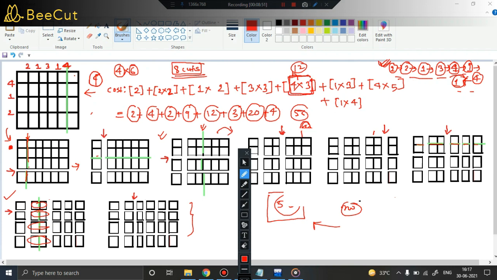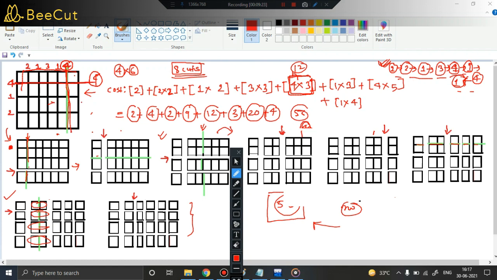Obviously you can get an idea that the edges which have larger cost associated with them should be used first. Why? Because in the later stages of the problem, the chocolate bar keeps on dividing and disintegrating. The number of pieces increases. Right now I have only one piece, so I will roll my knife only one time: 4 into 1. Next time I will be cutting along this edge, 4 into 2, because once this has been used, it has been cut into 2 parts.